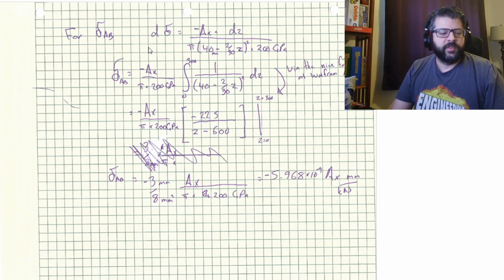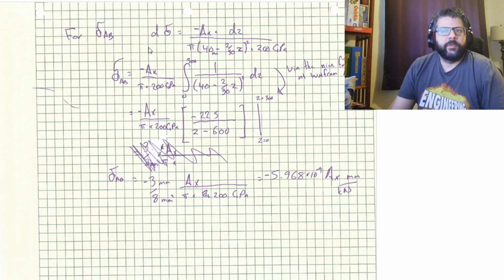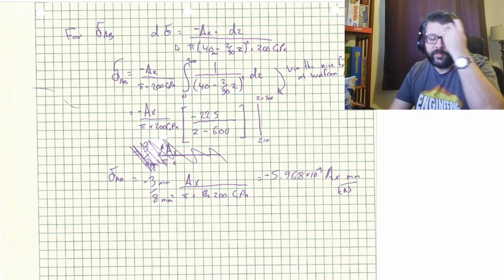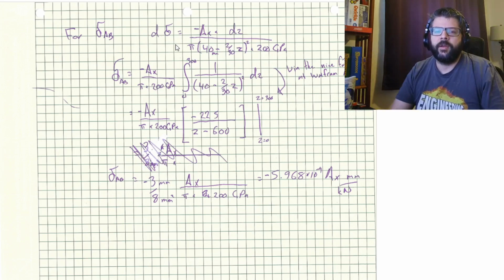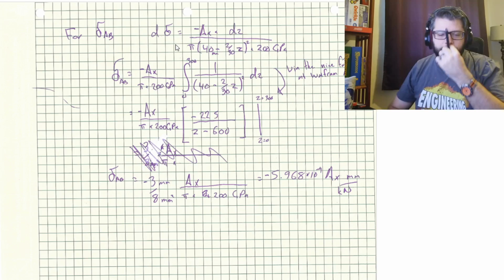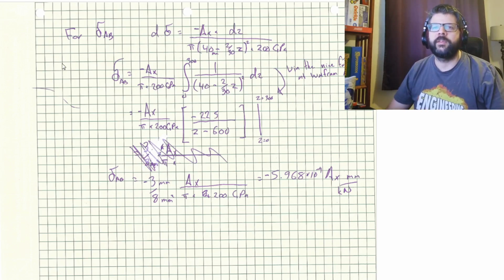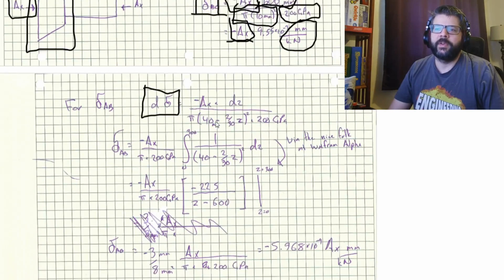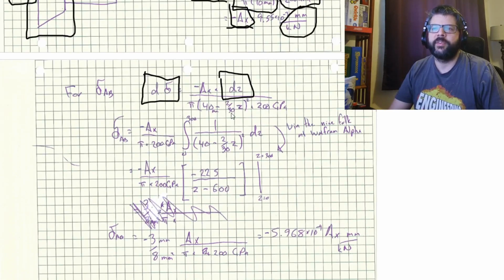The problem is, of course, we've got the varying cross section, so we've got varying areas, which means we have varying stress. So basically, we're going to need to figure out not what's happening overall. We're going to need to break this up into tiny little sections and integrate. So our d delta here is going to be equal to, again, negative AX times, instead of multiplying by length, we're multiplying by a tiny little sliver of the length, dz,